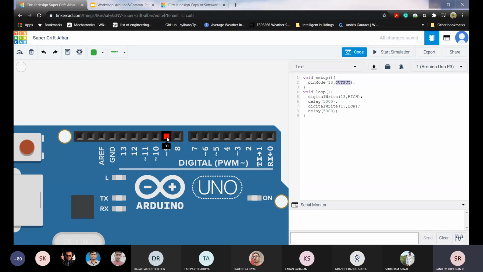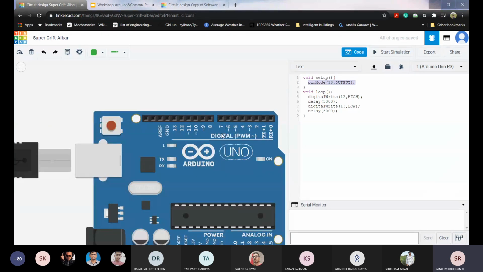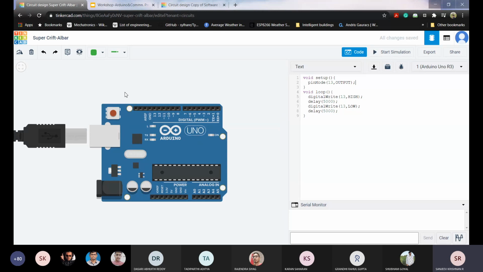So to define whether it is going to be used for input or output in this program, we just set it up. We are just telling the development board that this particular pin is going to be used, and it is going to be used as output pin. I think you people are fine with this, right? Yes, sir. Fine. So let's move back to our presentation.